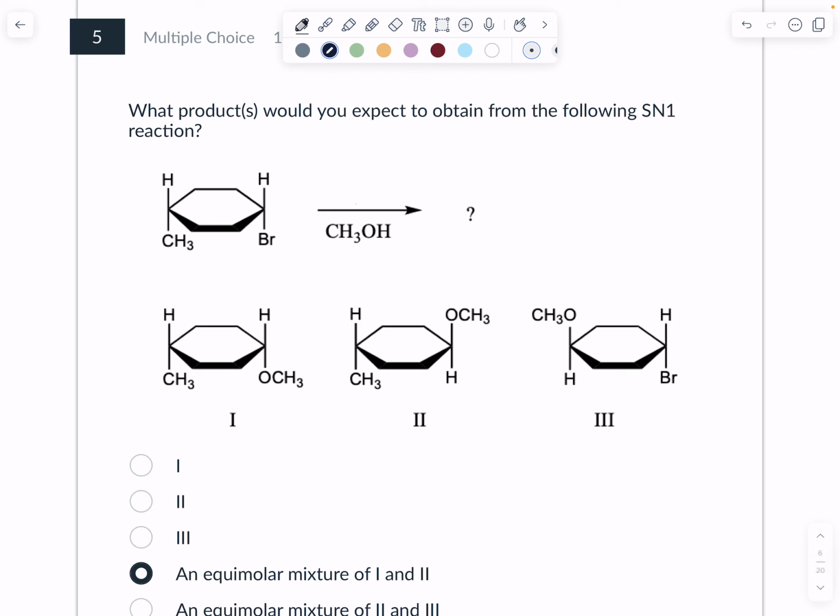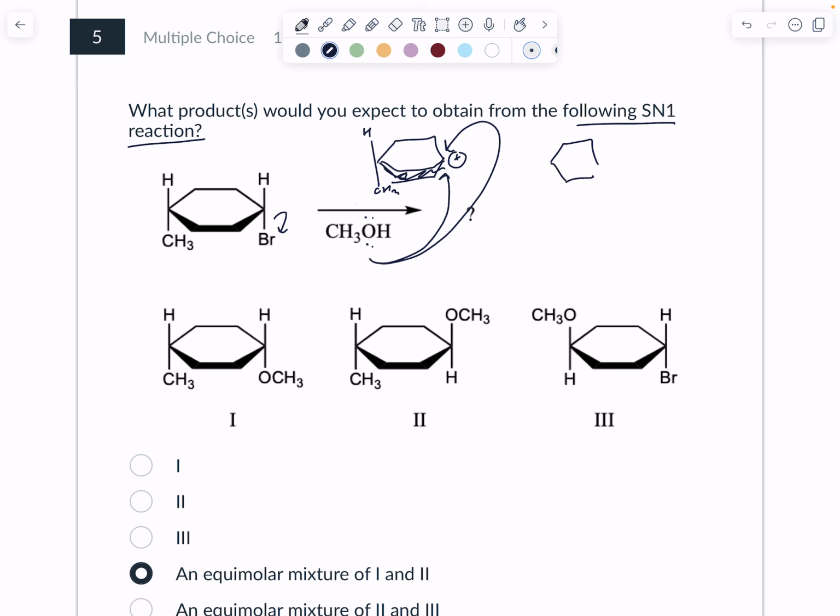What product would you expect to obtain from the following SN1 reaction? Okay, so if this is SN1, it already tells you, so now you just need to know the mechanism. So the leaving group leaves, and we get a carbocation over here. This side is unchanged. So now the nucleophile can attack, and it can attack from either side. So we'll get a mixture of this being OCH3 on top and the hydrogen on the bottom, and then the side not changing, and then the opposite plus the